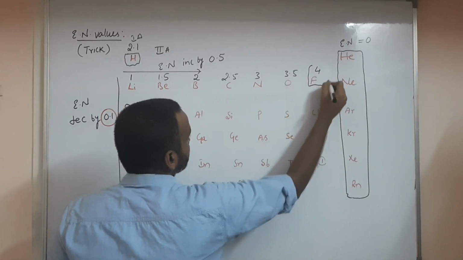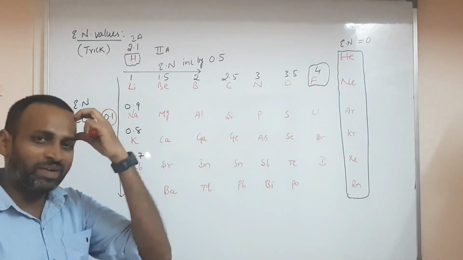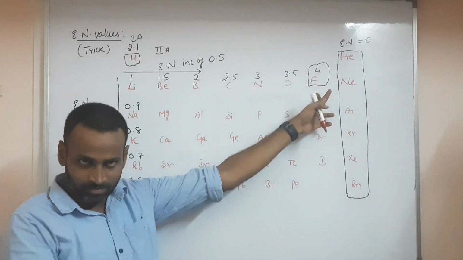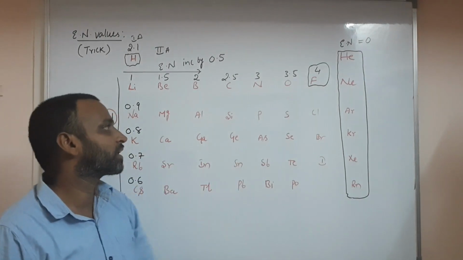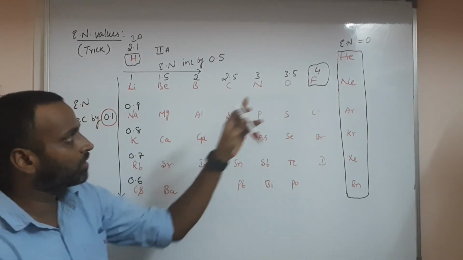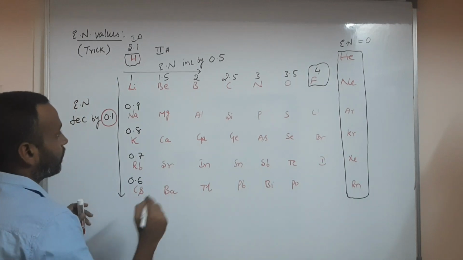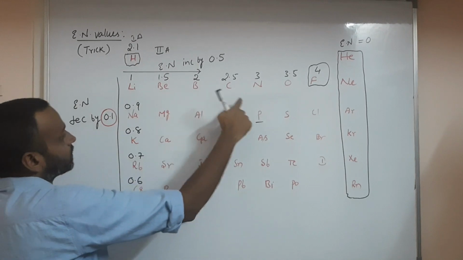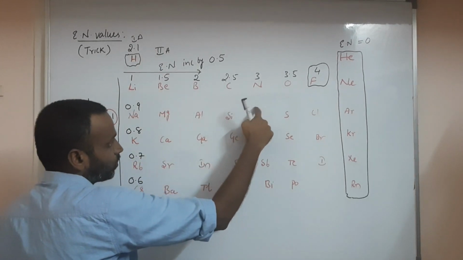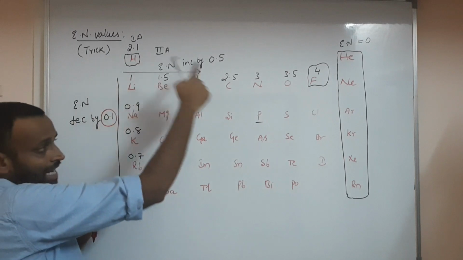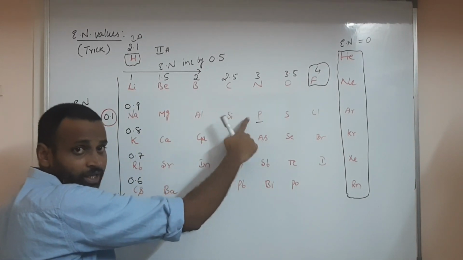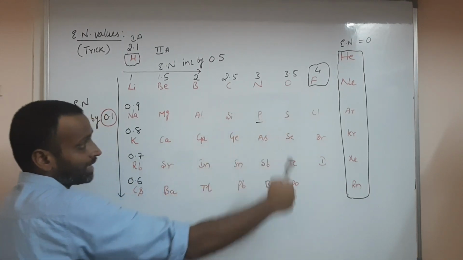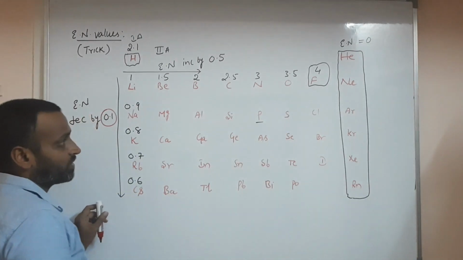Our hero is fluorine, the most electronegative atom, the most electron-attracting atom. Noble gases we need not consider; for all of those, electronegativity is 0. Now till here, phosphorus. How to remember? Phosphorus, like hydrogen, has electronegativity of about 2.12. Hydrogen and phosphorus have almost the same electronegativity, but remember, the bottom element always has somewhat more electronegativity. That is very important.